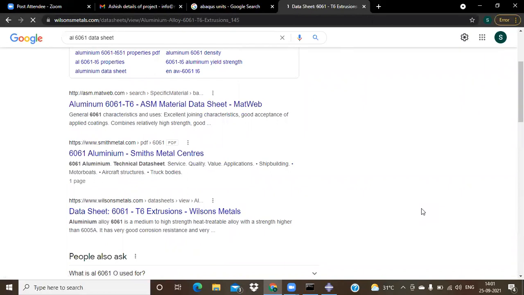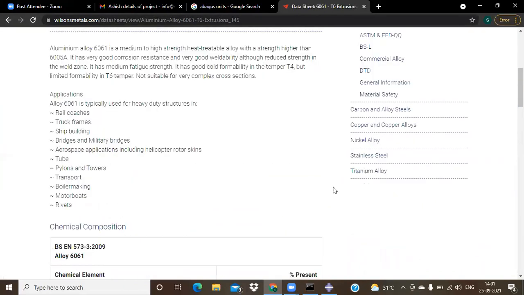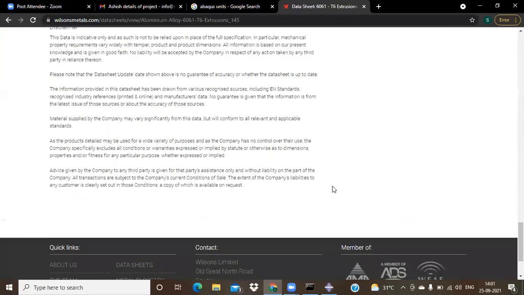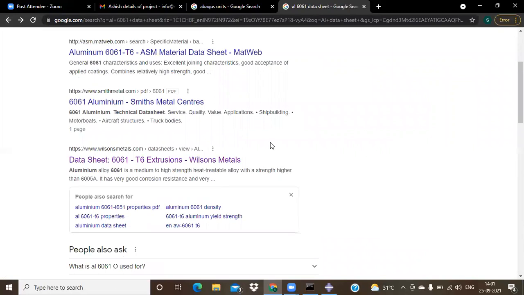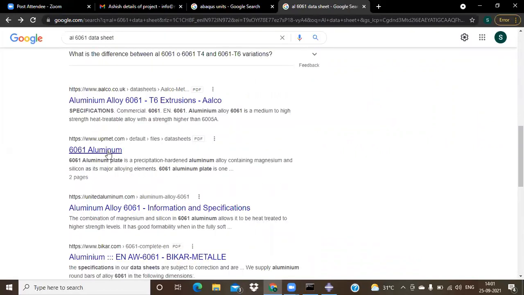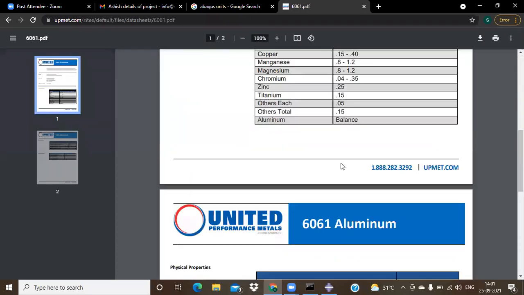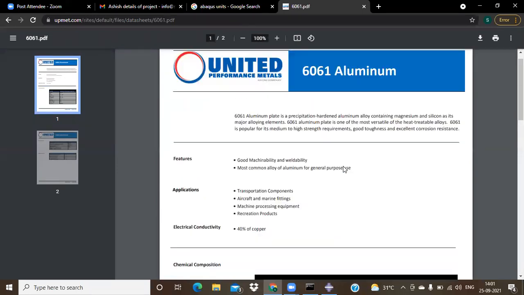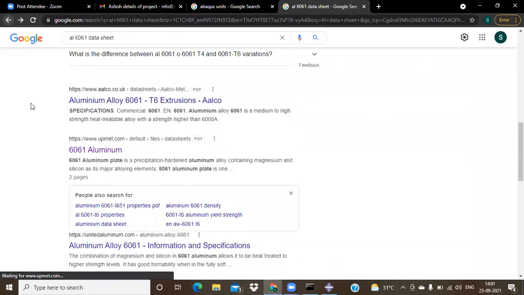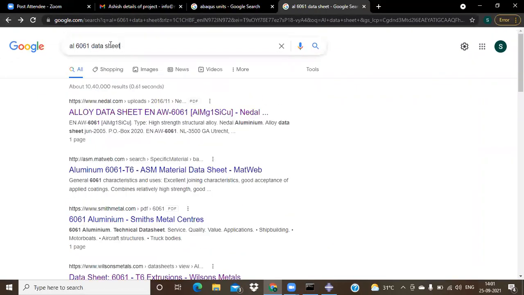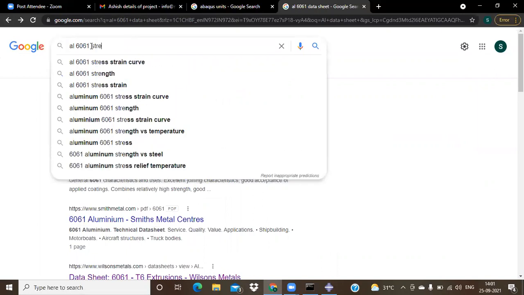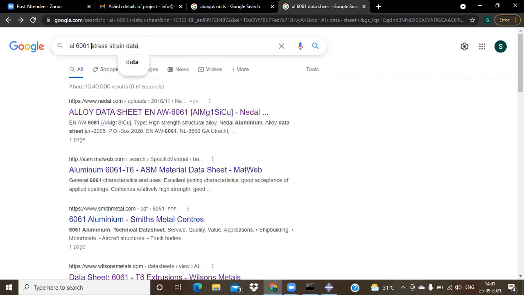Okay, these are the sheets available without any stress strain data curves. Okay, aluminum 6061 stress strain data.